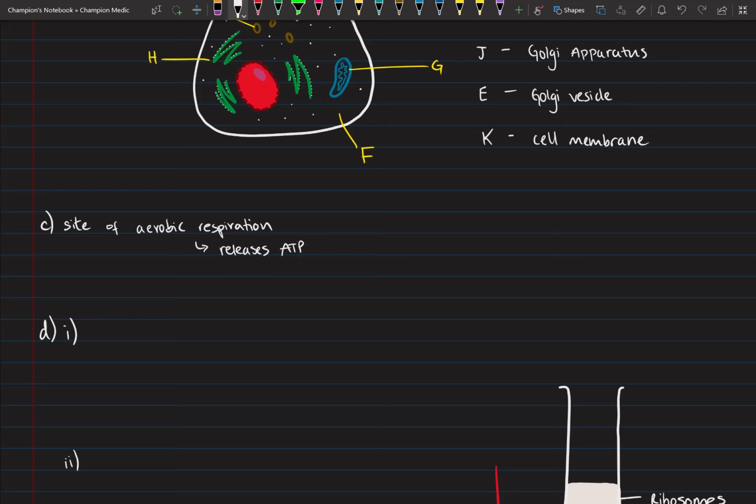And that ATP energy is important for active transport, the process which takes place against the concentration gradient, which is why you need the energy. Make sure that you use the word release with ATP, because I kept on making this mistake of writing the word